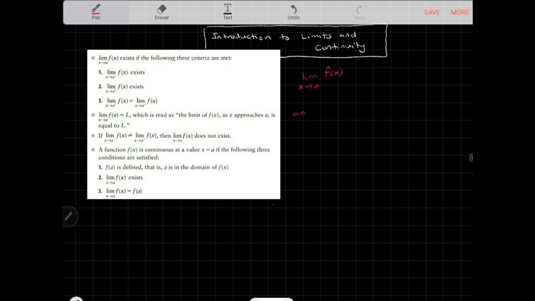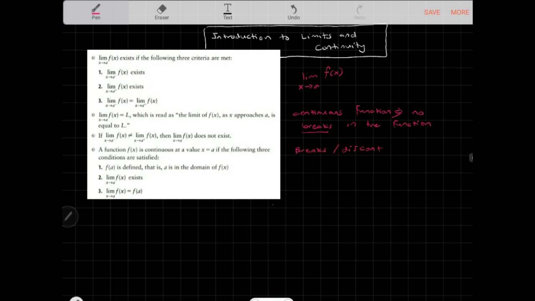A continuous function basically will have no breaks in the function. So you can basically draw the function continuously without lifting your pen. That's how they usually define this. So we're going to look at what a break is, but breaks include